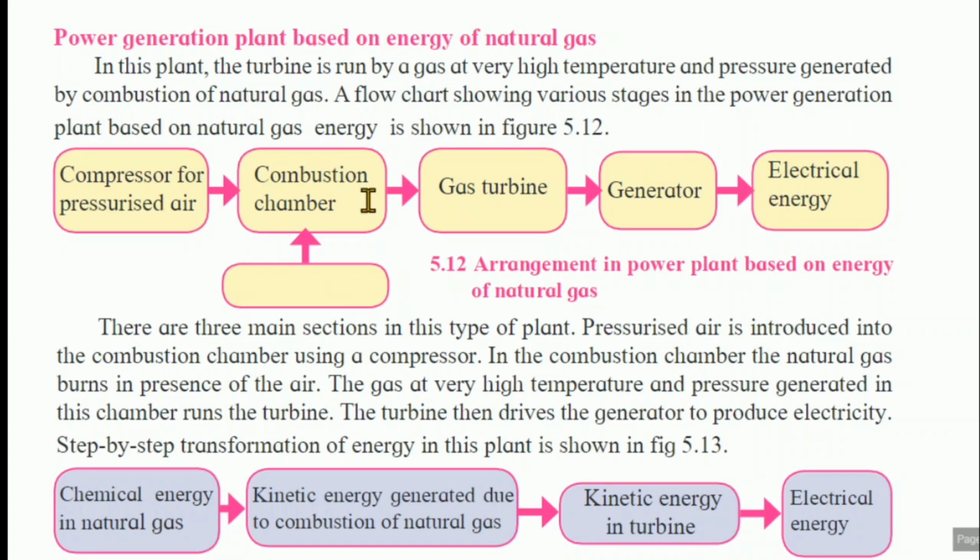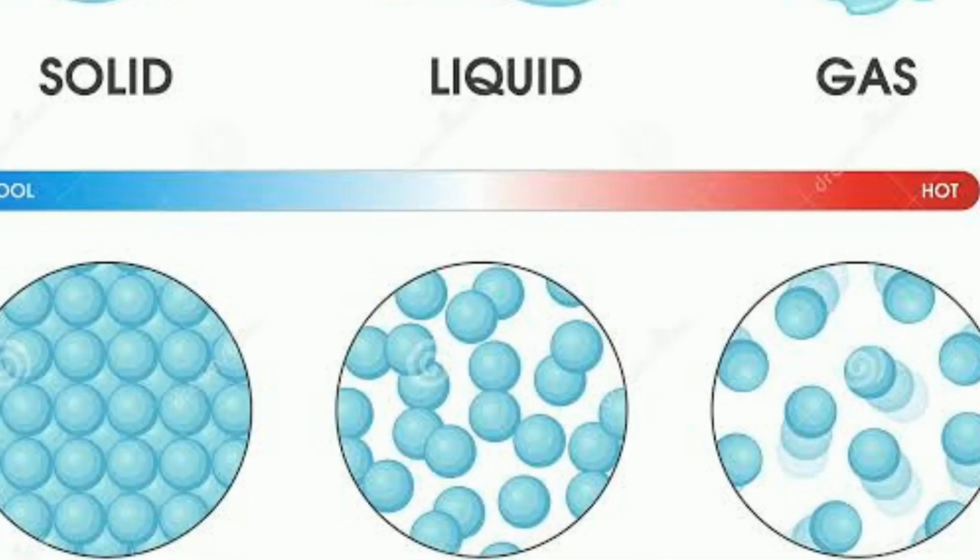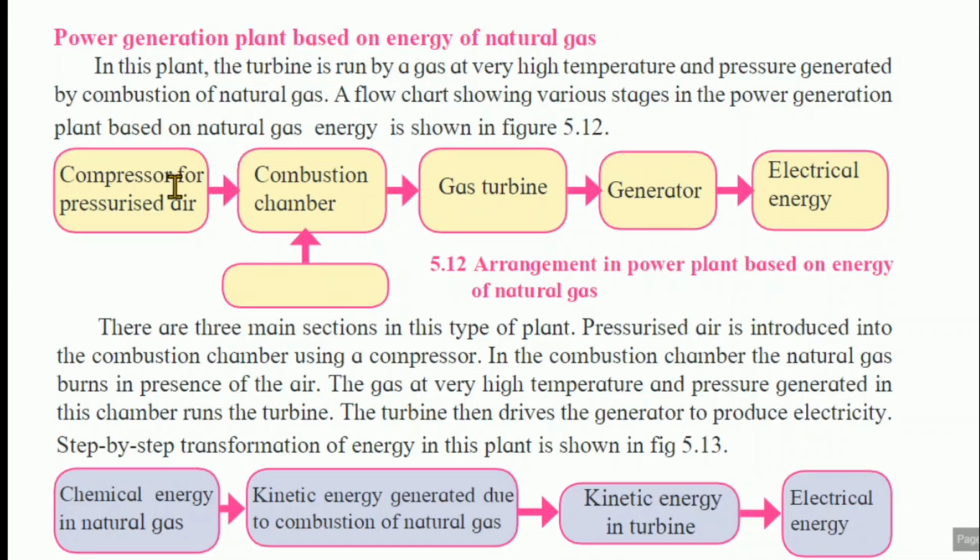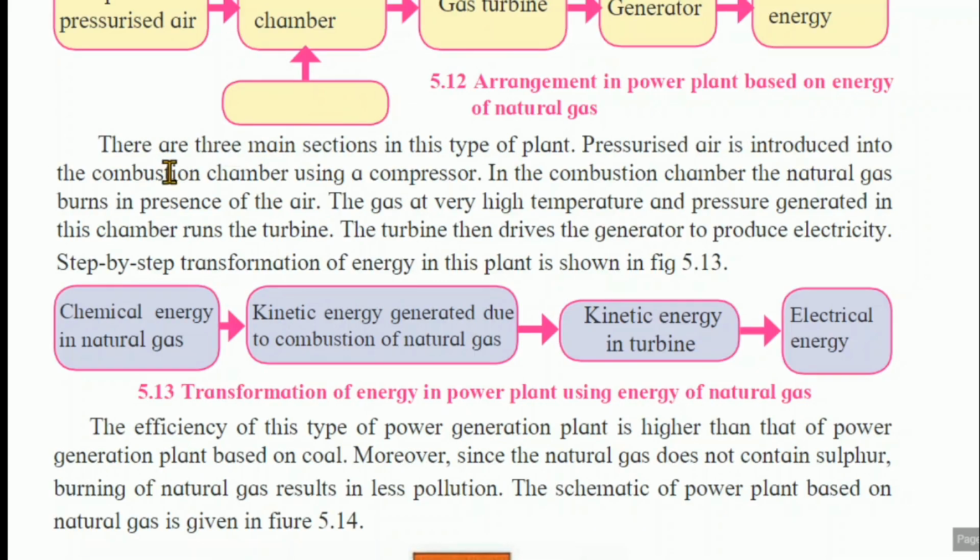In the gaseous state, the particles are far away from each other, because in a solid there is very close compactness of molecules, but in the gaseous state the molecules are far apart from each other. Therefore first of all we have to compress it, pressurize it. Here one word is there, which one? Air. What is the role of air in this?